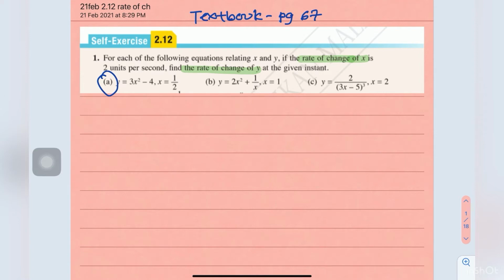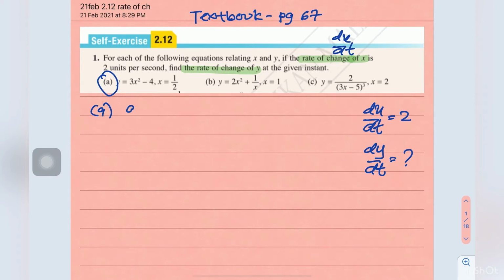Okay, all these questions are actually about the rate of change. For question number 1, for each of the following equations relating x and y, given the rate of change of x, dx/dt, find the rate of change of y. Meaning that you have to find dy/dt. So given dx/dt equals 2, find dy/dt. Okay, so A, given y equals 3x squared minus 4 and x equals 1